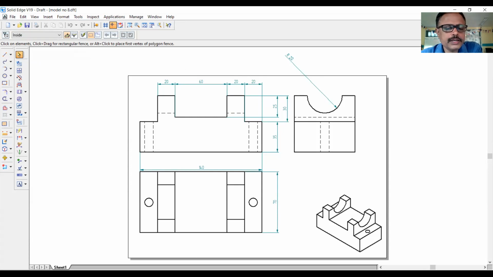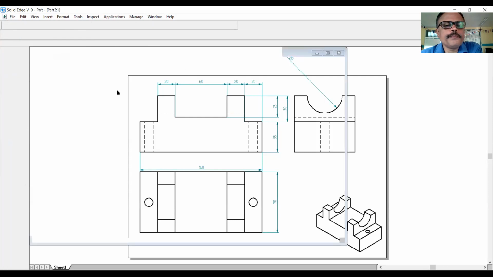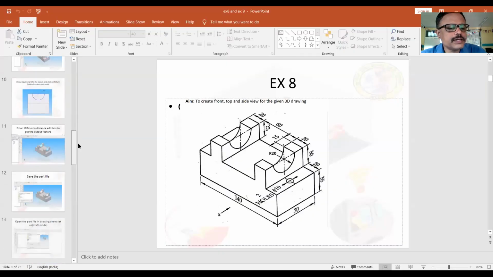Let us do one more exercise. If you want to do, go to the part mode again, go to solid part. Now we are in part mode. So we will do one more exercise here.